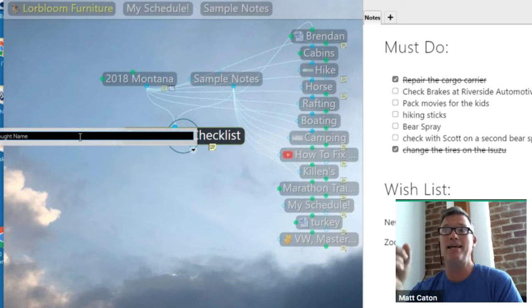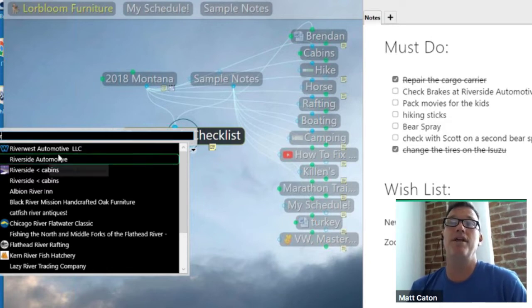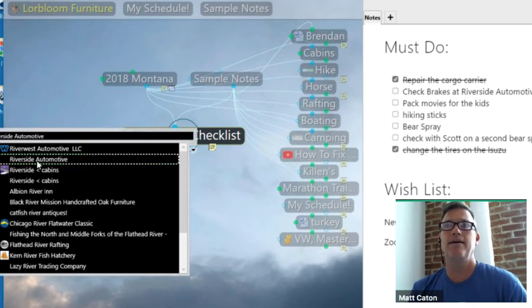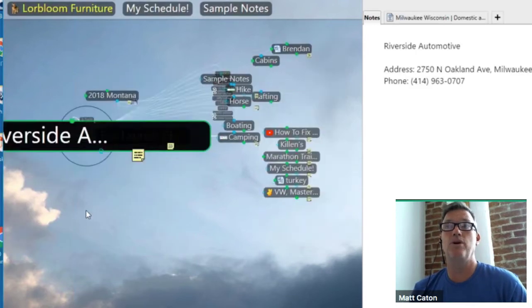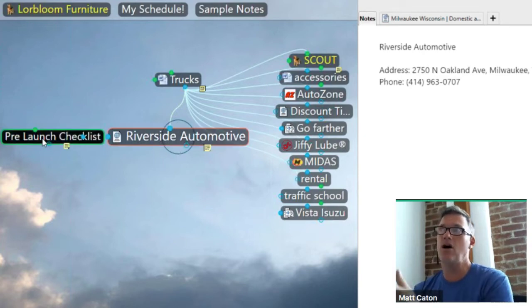So pre-launch checklist maybe isn't a child thought of Riverside Automotive, but I need to give them a call, make an appointment, so I can connect this thought to, and I'll just type in the word river. I've got a lot of thoughts that contain the word river, but right there at the top, oh, that's River West, which is a little different than Riverside. So I can double click and link that up to Riverside Automotive. That's my mechanic that I use, and I can call, I've got his phone number there, of course, and make